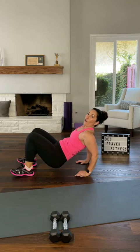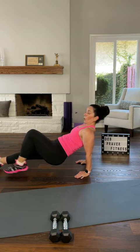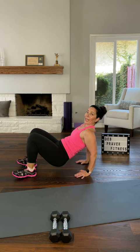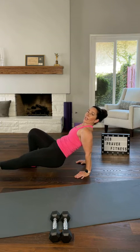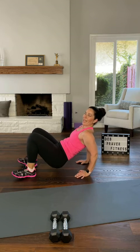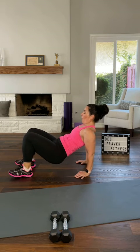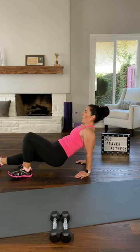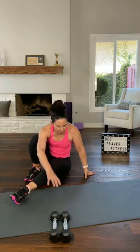Tricep push-ups. 4. Step out. Do it again. Triceps. 4, 3, 2. Step out. Almost there. 2 more times. This is 4, 3, 2. Step out. One more time. 4, 3, 2. Step out. Woo. Now lower your booty, flip over, come on up,